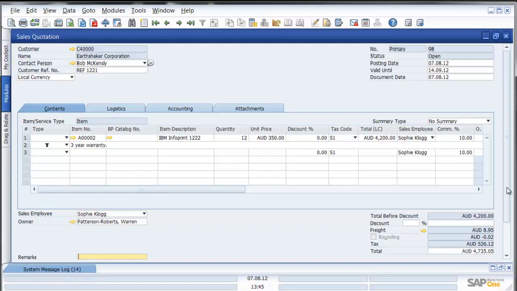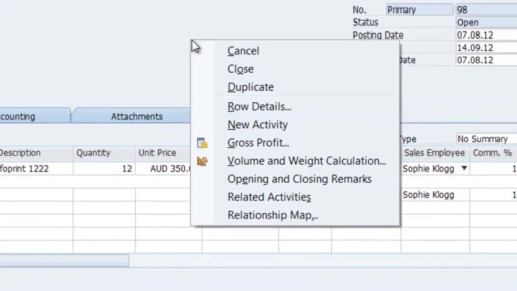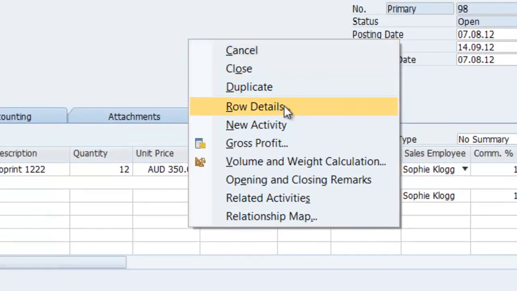Let's go in now, and from this quotation, what we'll do is we'll right click and we'll have a look at some other information available to us. I can create an activity against this quotation which will attach the quotation to the activity. Now the reason to do this is this might be a quote and I want to send it to my manager. I can create an activity in SAP Business One. The activity will automatically then attach this quotation as an attached document or a linked document, and then the activity can be assigned to my manager and it will appear